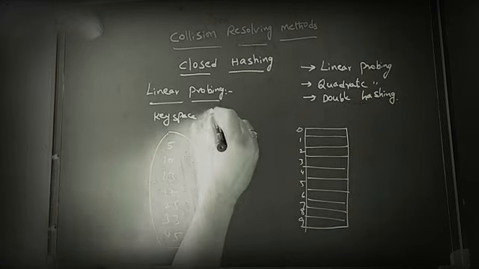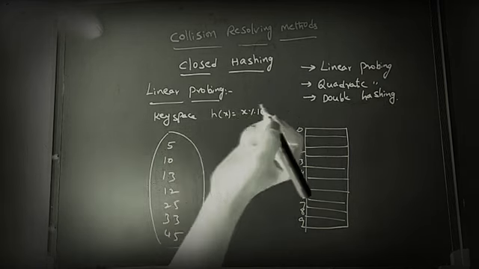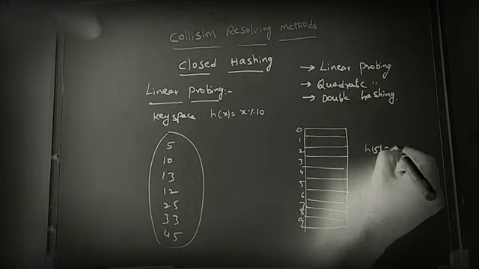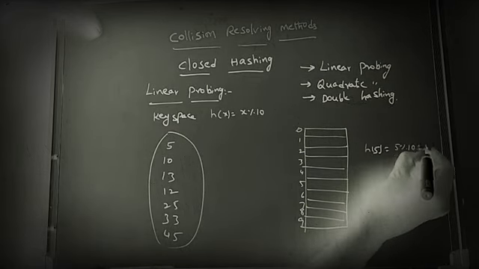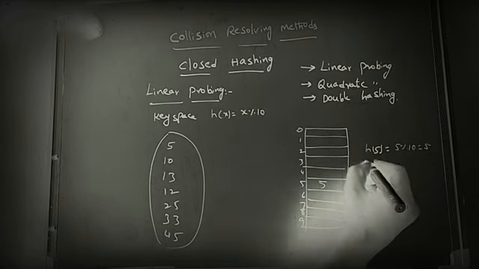Next, the hash function as usual, h(x) is equal to x mod 10. Okay. So the same modulo function, we did not make any modification to it. Maybe for collision avoidance some modification is going to happen. Okay, 5, same thing, 5 mod 10, remainder is 5. So 5 is stored at index 5.